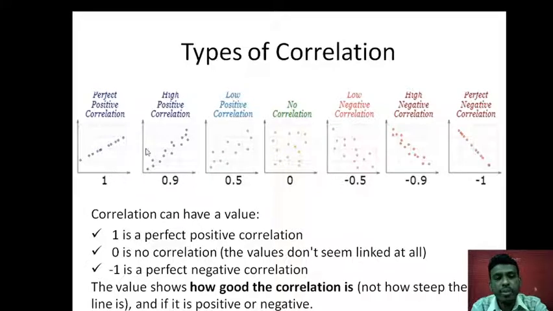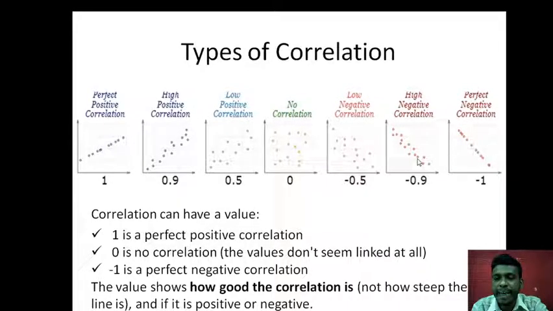Here we have positive values because both are moving in the same direction. Both the variables are increasing together. On the other hand, here we see when one variable is increasing, the other variable is decreasing. See here, for example, at this point x value is this, y value is this. If we decrease y value, x value is increasing. So both are moving in opposite direction. We have a negative slope, hence we have a negative correlation. And perfect, as I've said, because they lie on a straight line.